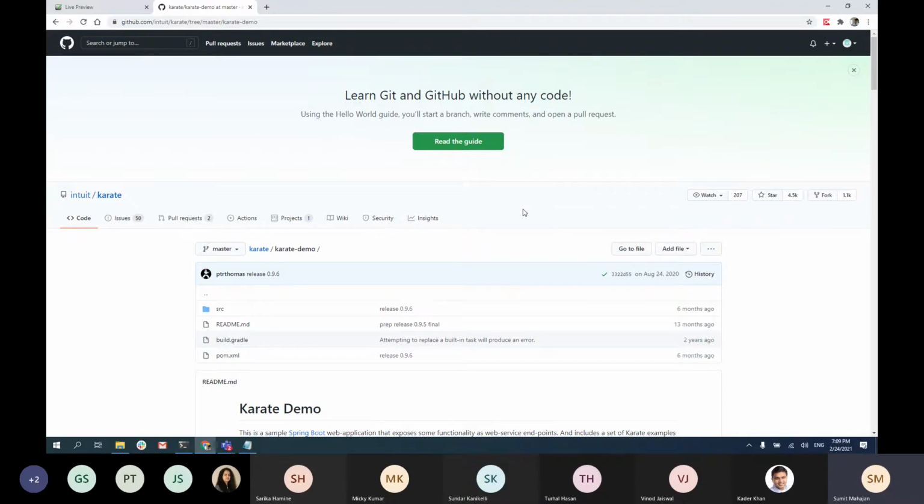And we'll talk about some of the advanced features on Karate and how the implementation of those features will look like. Also, I will show you guys how to set up a Gradle build for Karate and how to execute Gradle test.